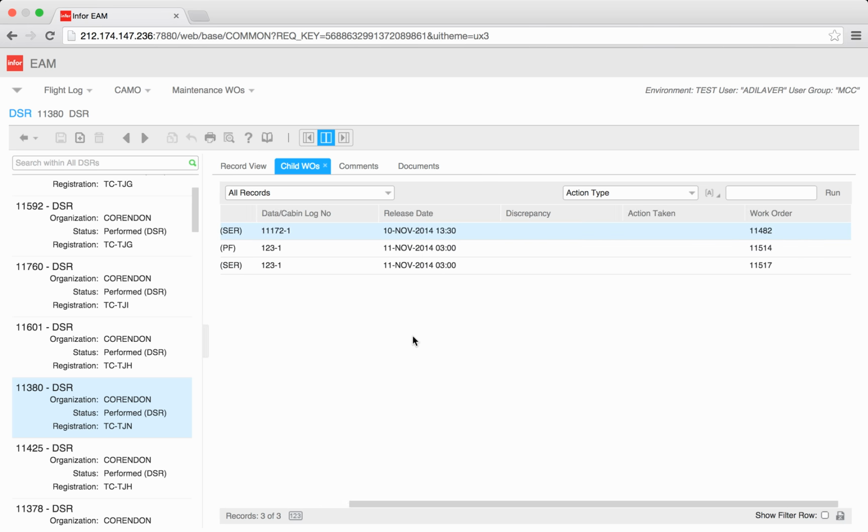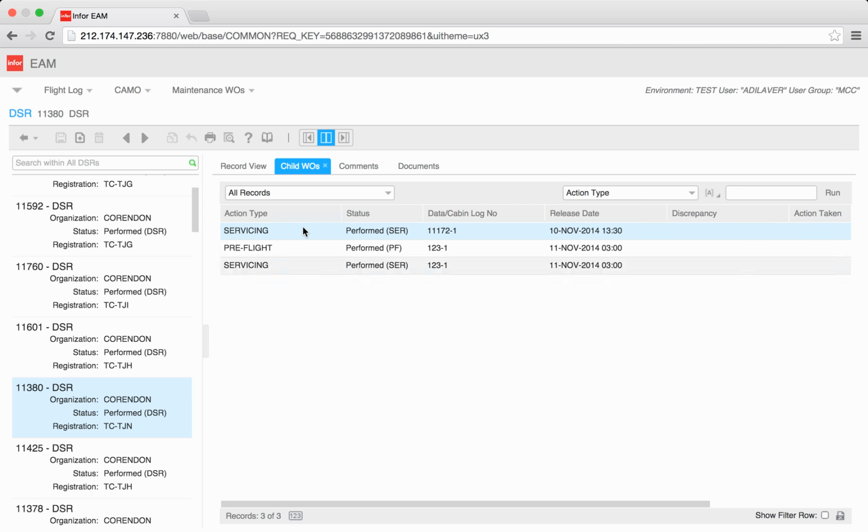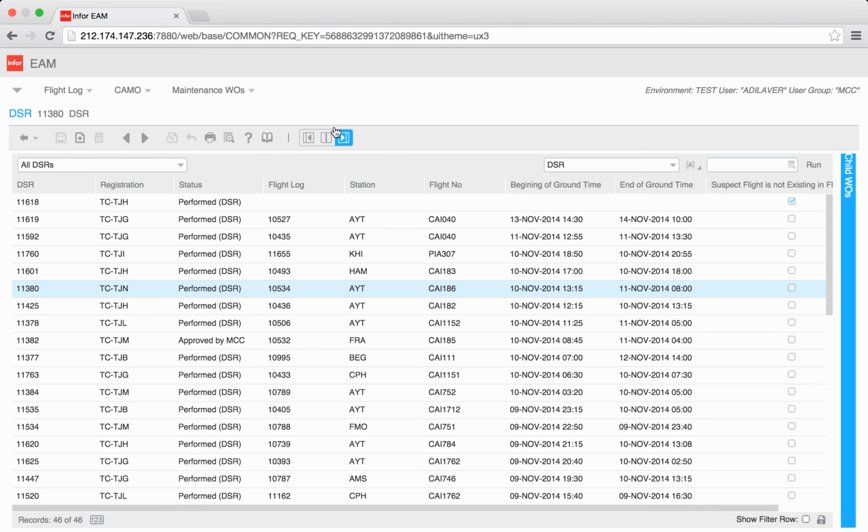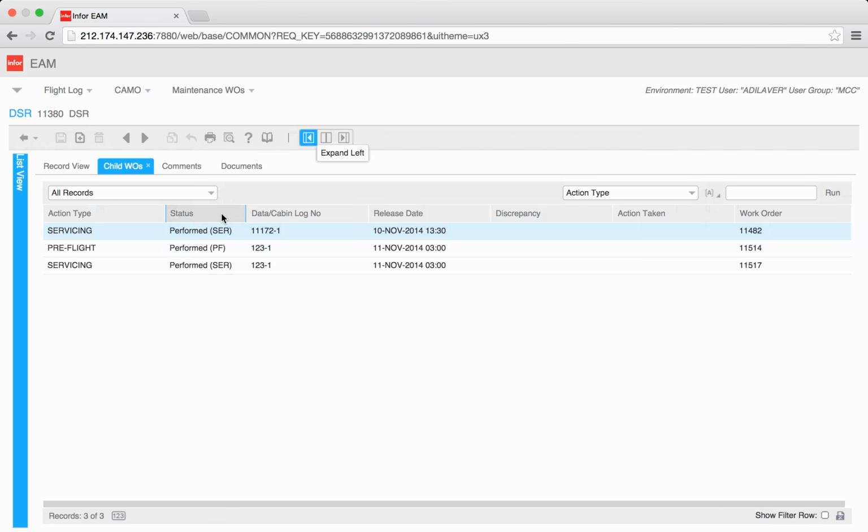So let's go to the work order side. There is a column named work order here. For example, there is a servicing entry and I want to check this. There is a way to do that. Sorry. Come to the work order field,